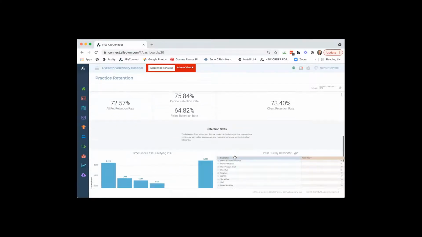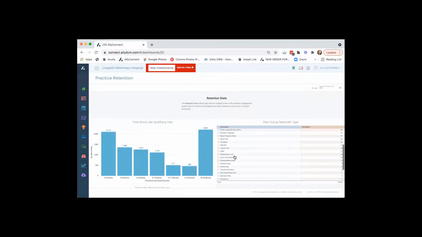We have retention stats. So this is basically going to go over pets that are overdue for services. In this first one here, as you can see on the 0 to 3 months, the first bar, there's basically 2,100 pets that haven't been in since their last qualifying visit, which are those core services we defined and pointed